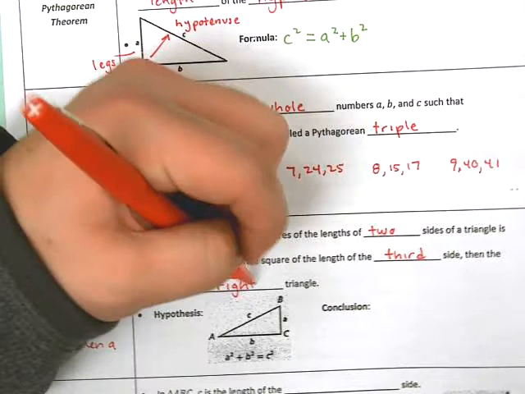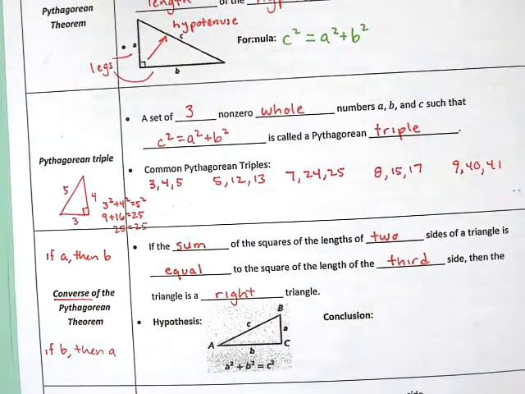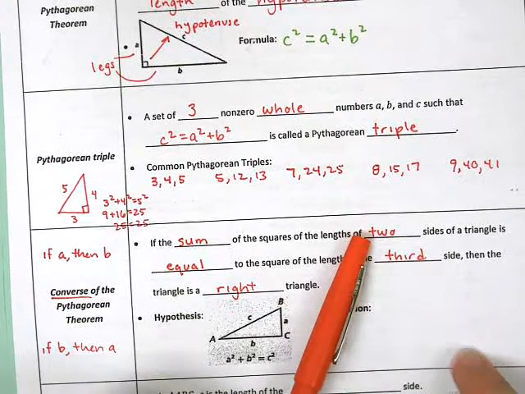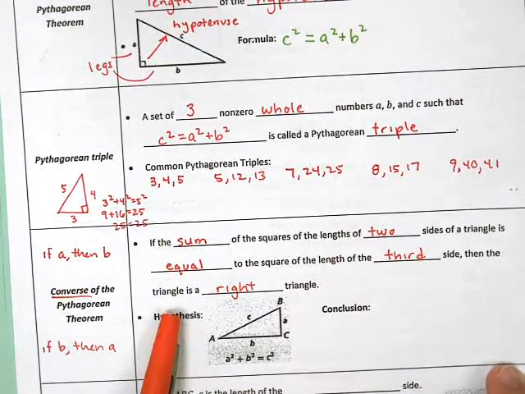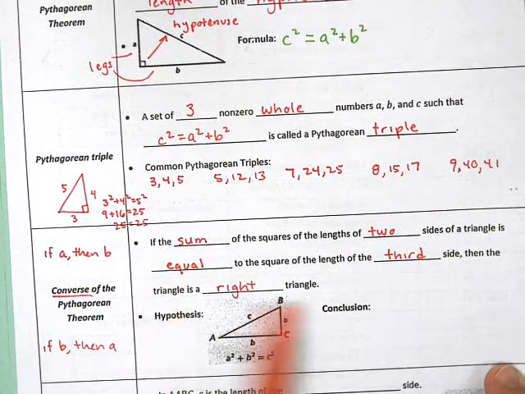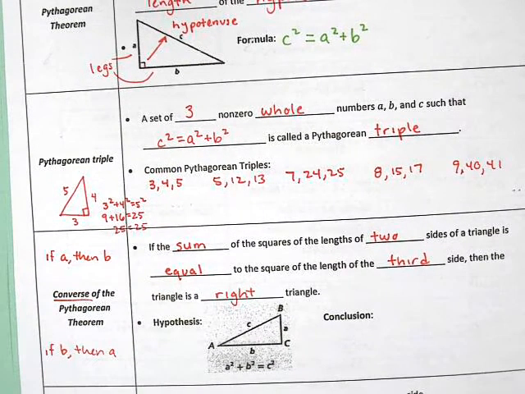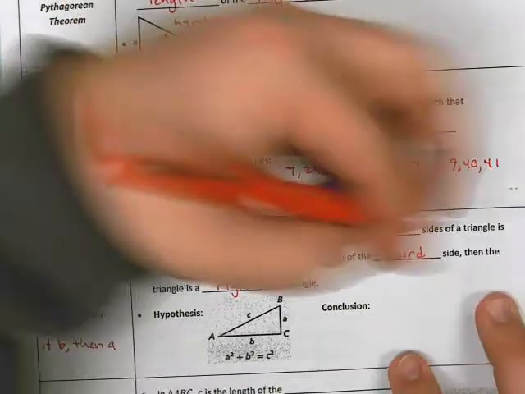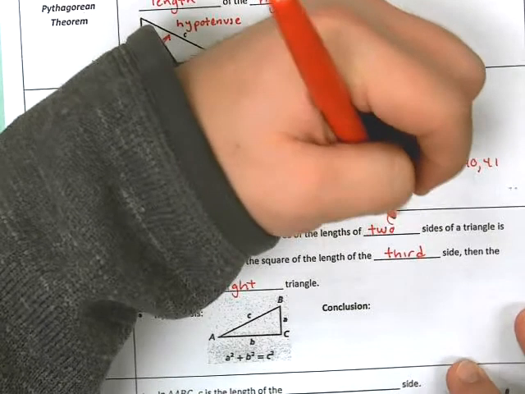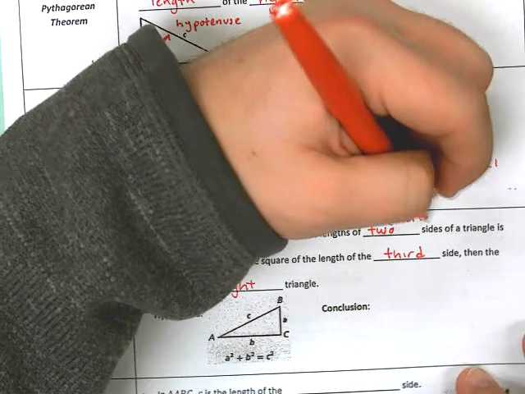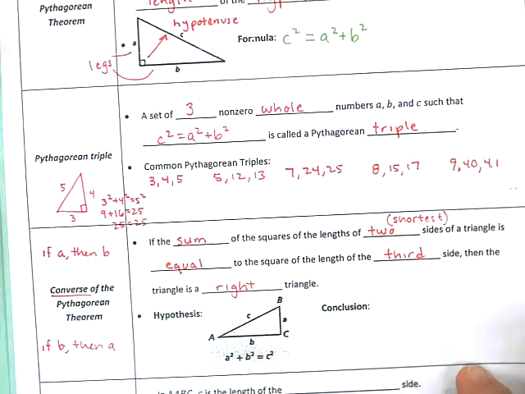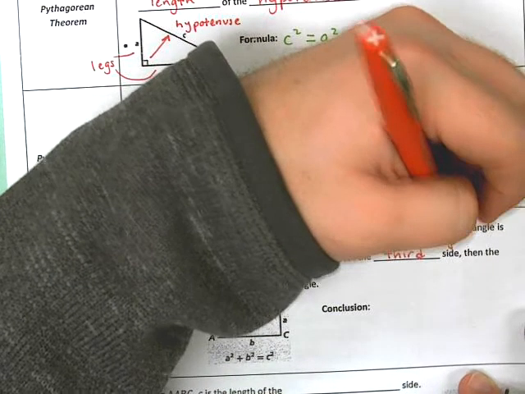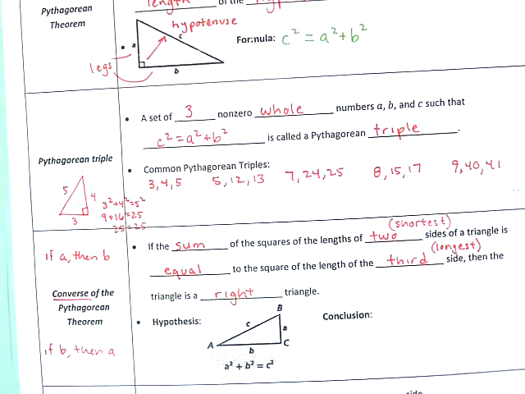Sorry, I got a little confused when I was reading that the first time. We can't call them legs, right? Because they're only legs once you have a right triangle. And if we're trying to prove that something's a right triangle, then we don't know if it's a right triangle or not, okay? So basically, we need to say if the sum of the squares of the lengths of two sides, and these will be the shortest sides, is equal to the square of the length of the third side, and of course that third side is going to have to be the longest side,